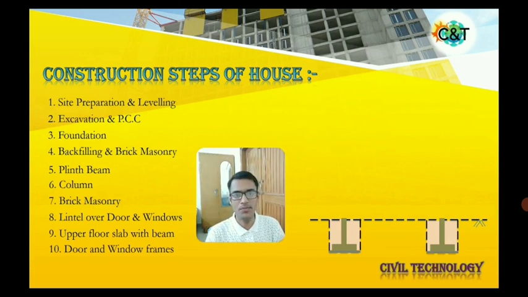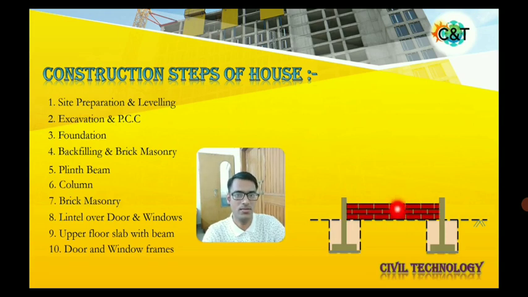And once the backfilling is done, you have to construct a masonry wall, a brick masonry wall. Suppose your plot is a little bit up and down, not much, or in another scenario you have to construct your ground floor a few meters above the natural ground level. Like this is your natural ground level and you want to construct your ground floor a little bit above this. In that case you have to create one masonry wall to support your ground floor properly and give a proper connection between the superstructure and the substructure. So let's construct brick masonry.